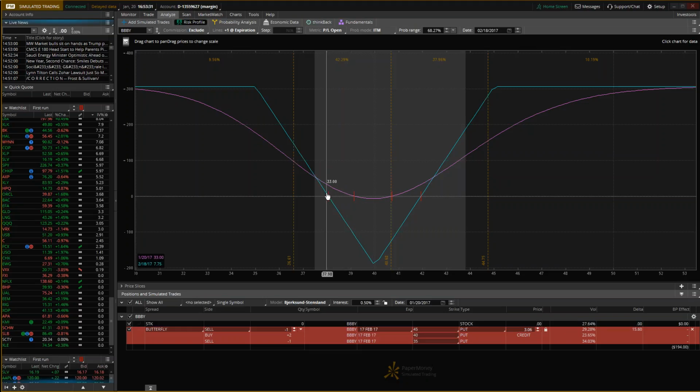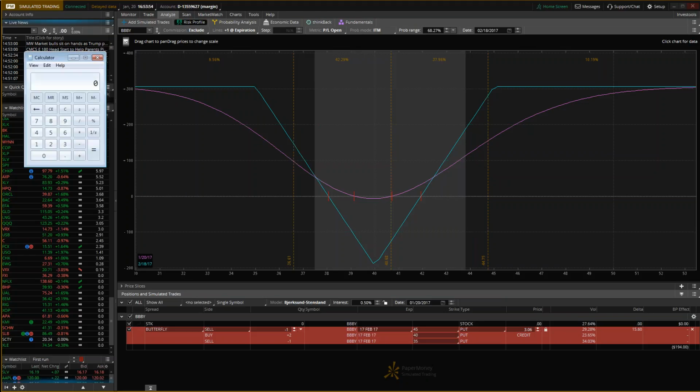It's almost at one standard deviation move to the downside. One standard deviation move is likely going to get us 25% of our max profit. And like I said, to figure out where you would buy this strategy back, one of the easiest ways to do it is to pull up your calculator. If we have a $3 credit, you just multiply that times 0.75, and that gives you when you would buy it back,